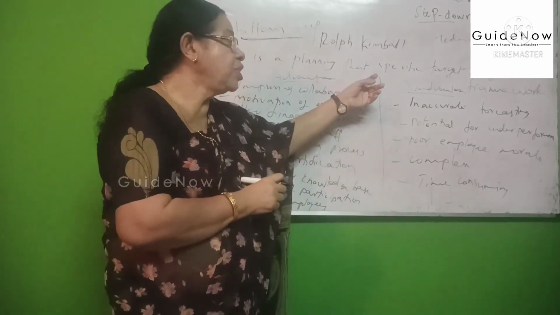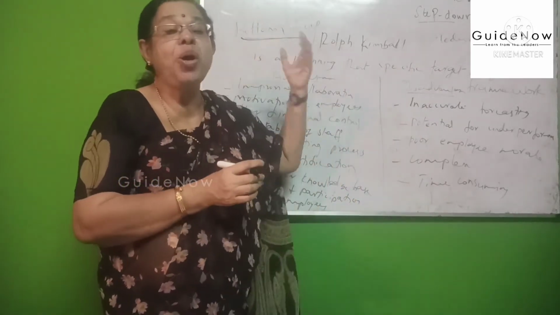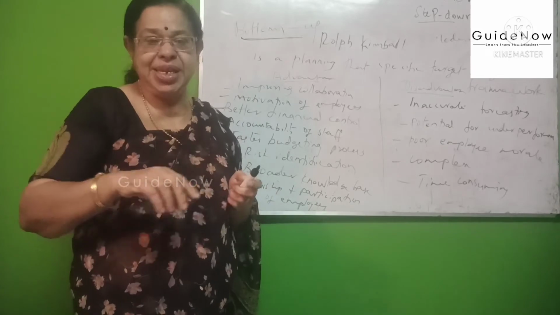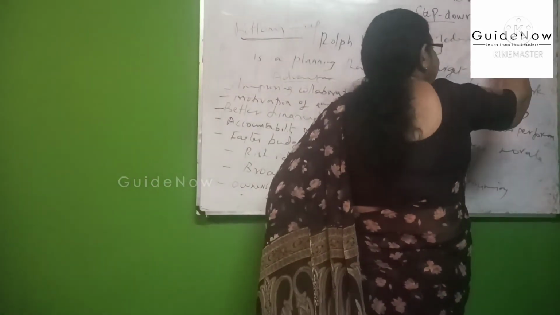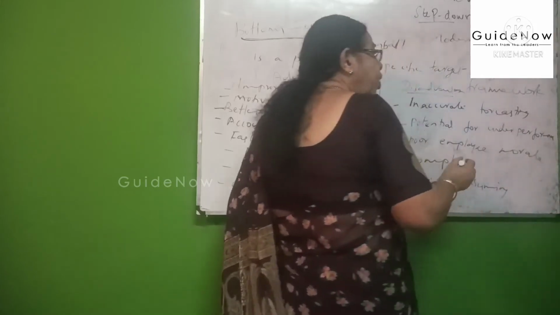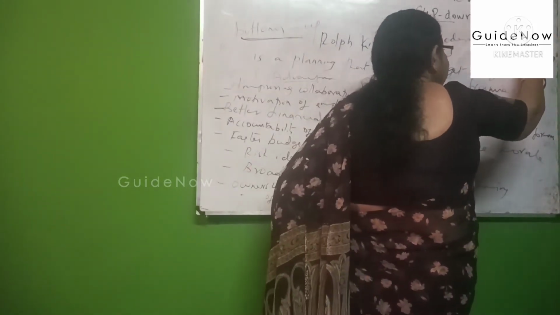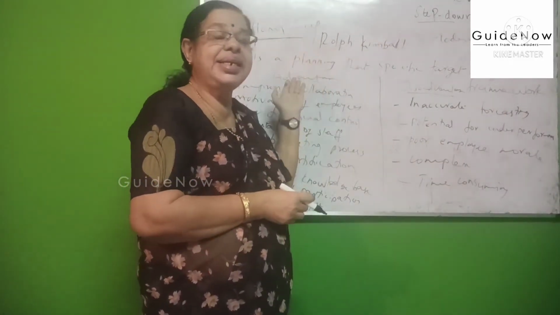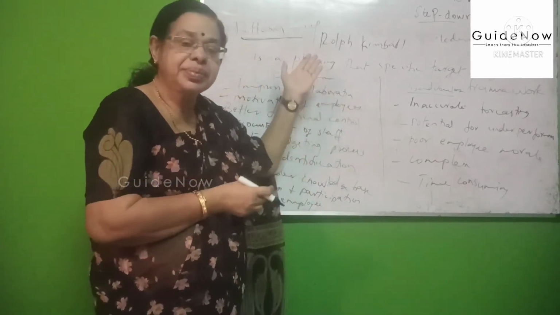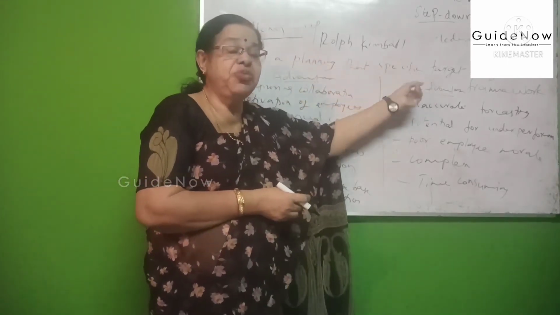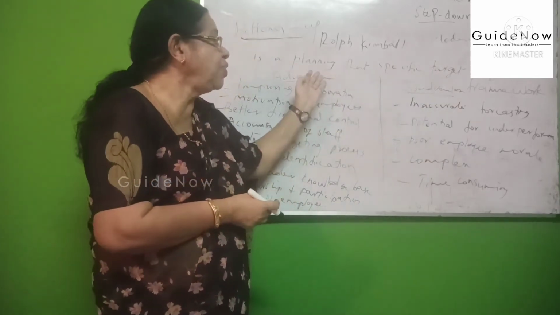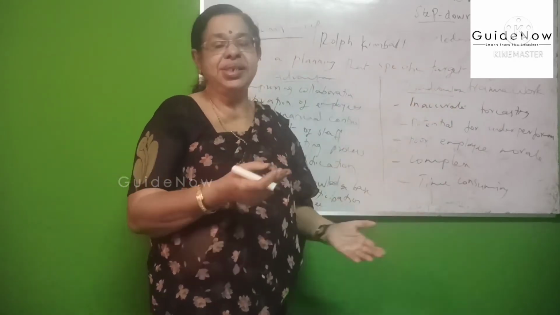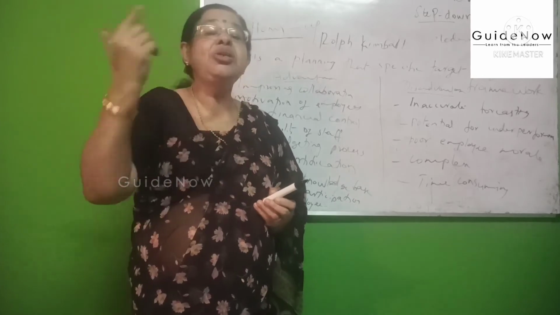In the case of specific to general, that is equal to the bottom-up approach, the bottom level. At the bottom, you start from employees and reach the CEO. This is also hierarchical, but at the top level we have lower management or employees, and at the bottom level we have the CEO. So that is the bottom-up approach, specific to general. In short, specific to general is equal to bottom-up, and general to specific is equal to